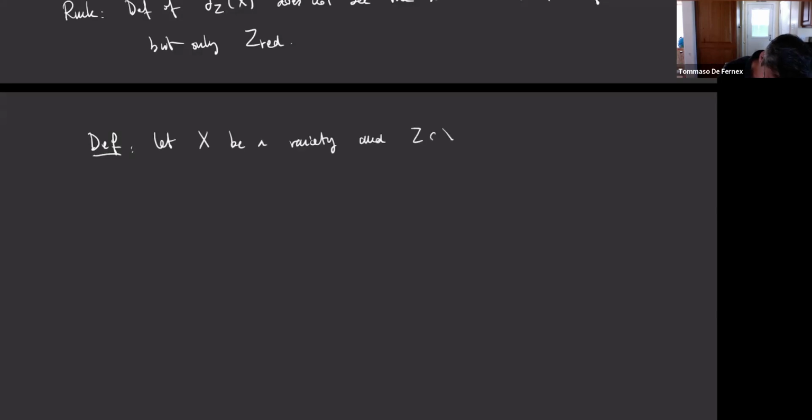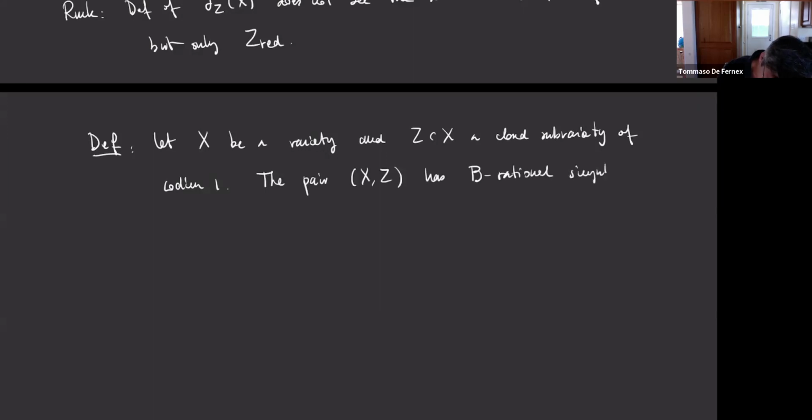And Z inside X, closed subvariety of codimension 1. The pair (X, Z) is said to have B rational singularities